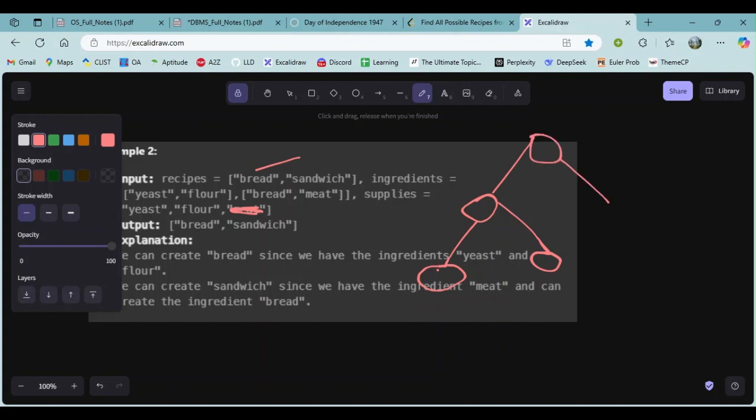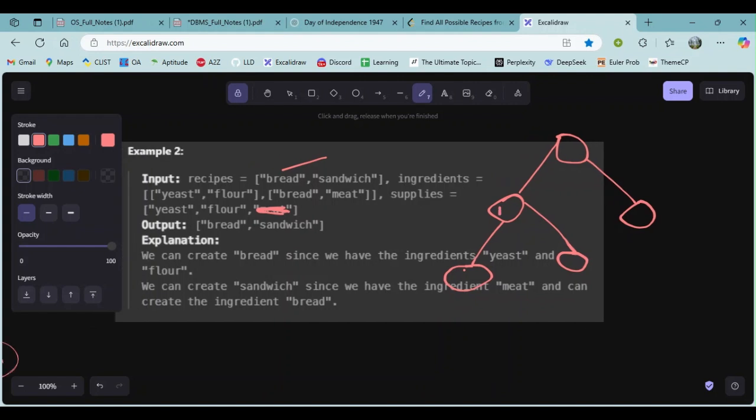Okay, this will be a graph. So this is bread, this is yeast, this is flour, and this is sandwich, this is meat. Okay, this is the graph. And since the supply is given only yeast and flour, we'll put yeast and flour in my